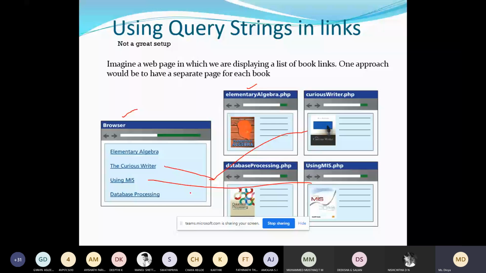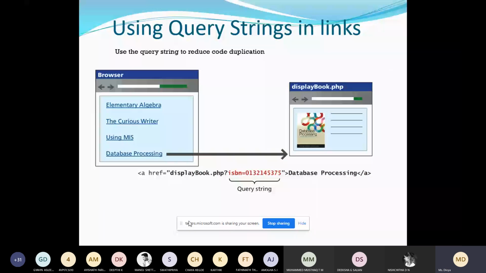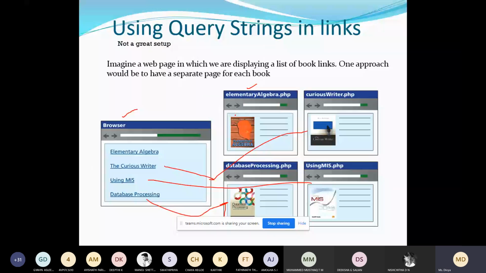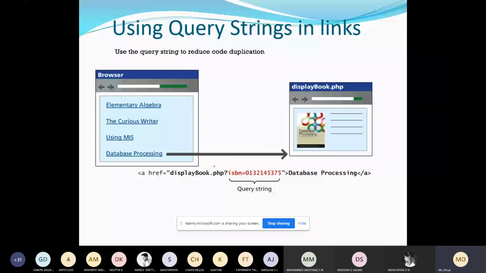Now what we can do is create 4 separate pages for displaying this. When you click on these 4 links, you can open 4 pages separately. But instead of that, in PHP, you can create one simple page and use this one page to display all 4: algebra, writer, MIS, and processing.